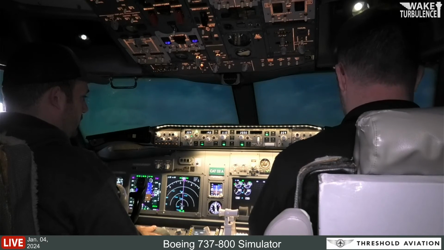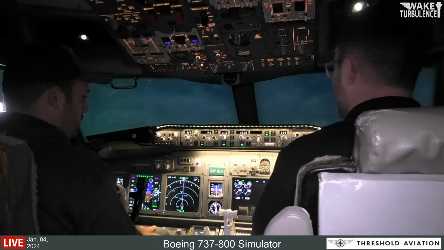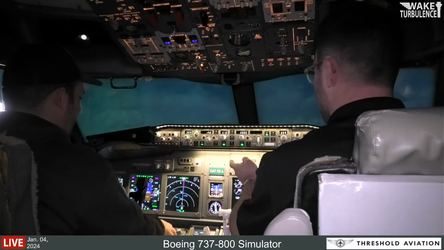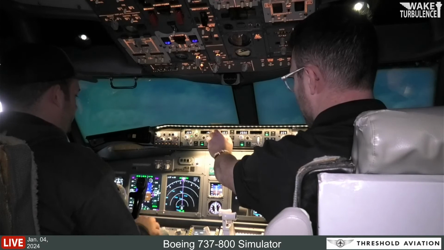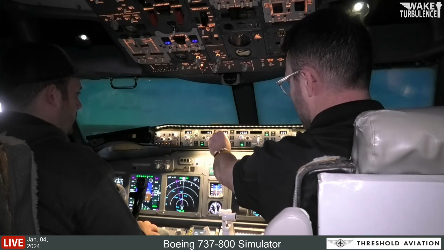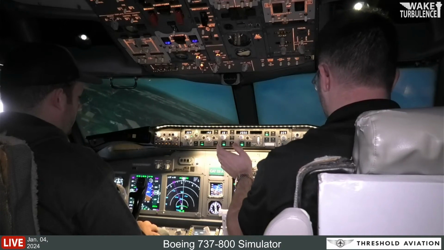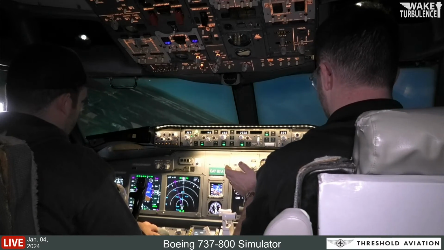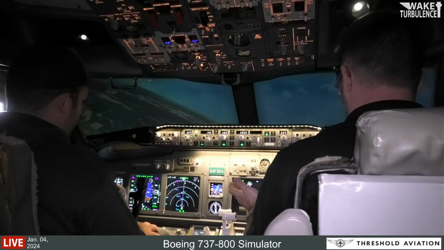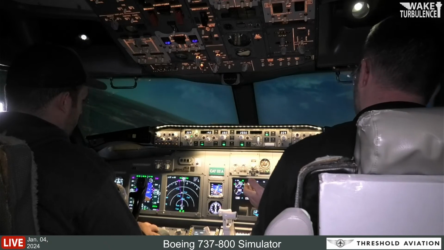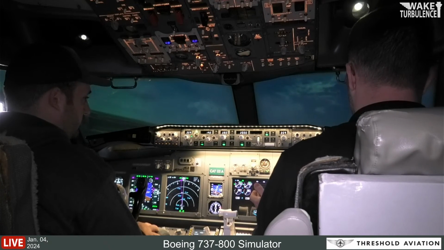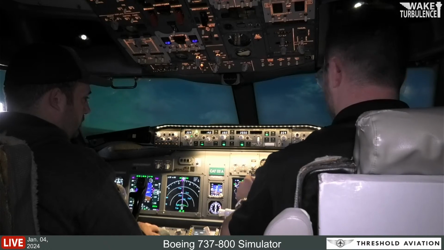Where's the localizer? It's okay, we can always miss. I would continue to 280, and we'll just get ourselves closer to the localizer. Probably gonna have to go past it. We're a good ways from the airport. We have time to correct here. Okay, the localizer will appear. We're almost in line with the runway. Maybe a little bit to the right.